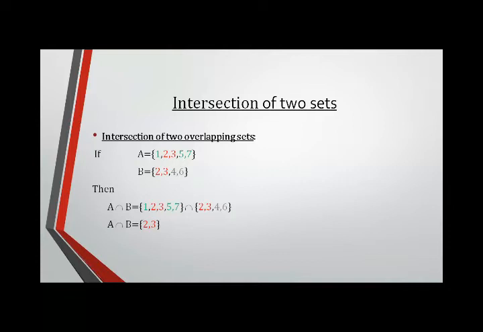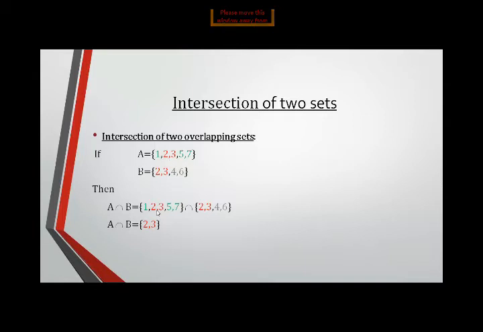Two sets are called overlapping sets if they have at least one common member and neither of the two is a subset of the other. As you see, students, at least one member means here we have two members which are the same in both sets, so they are overlapping sets. And here we find the intersection between two overlapping sets. So here, as you can see, students, 2 and 3 belong to both sets, and here 1, 5 and 7 are different from the other set, and inside B, 4 and 6 are different from set A.